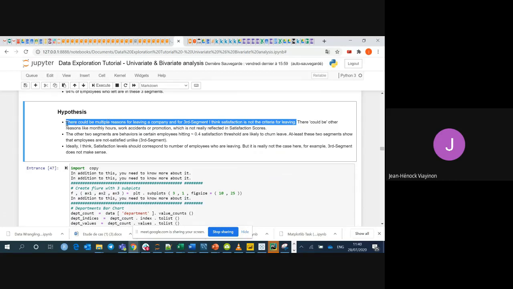I think Mustafa just told you about the steps of hypothesis testing. So you will sample your data and compare two populations, those who left using your condition. So those who are leaving, who are in the third segment, versus those who are not in the third segment. Let's compare at a statistical level the left status or the satisfaction variables, using a two-sample means test, hypothesis testing, or maybe analysis of variance if you have more than one class to compare.